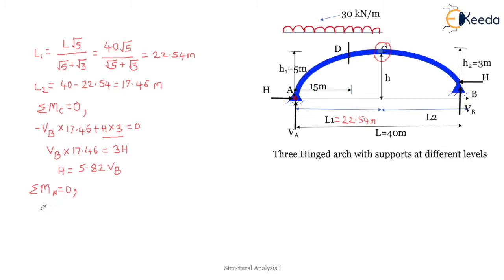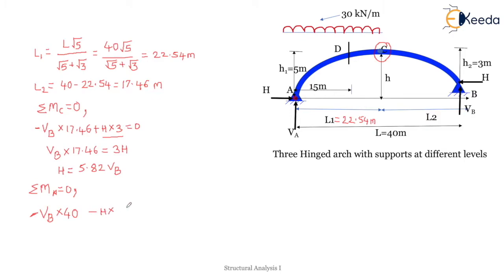So here we will get VB into total span, which is nothing but 40, VB into 40 minus, then H will also be in anti-clockwise direction, so